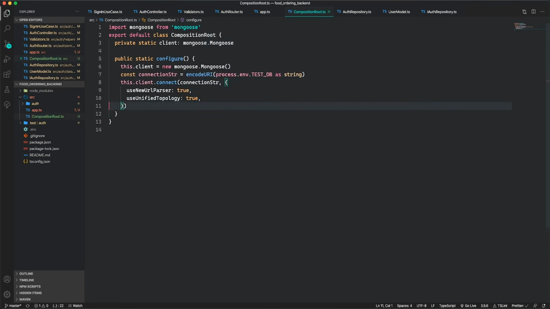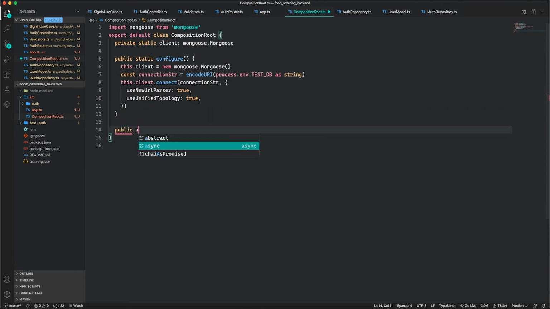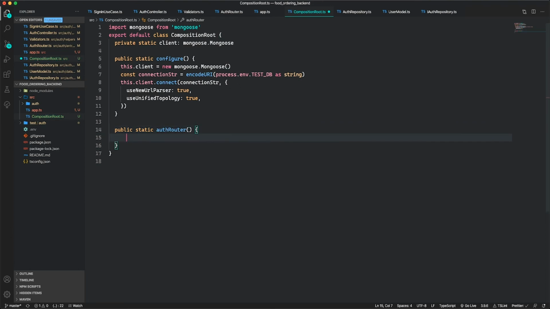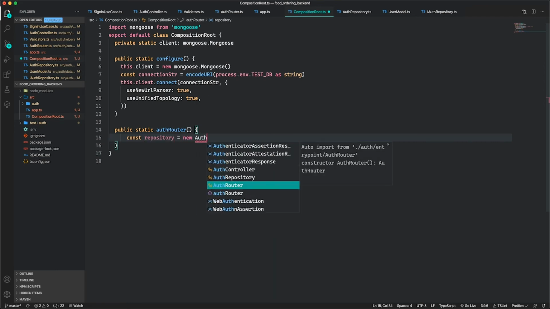So I have configured my database. Now I'm going to create another static method that will in a sense set up my auth router and its dependencies. So for my auth router, I want a repository, which is the auth repository,